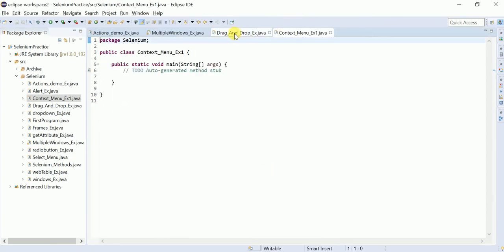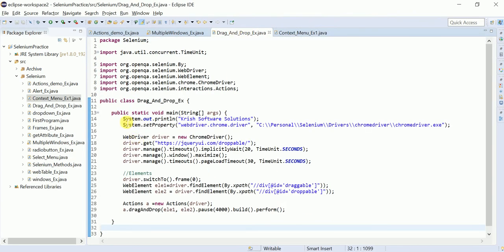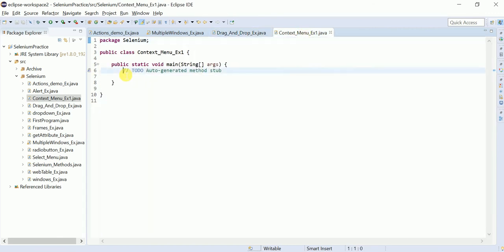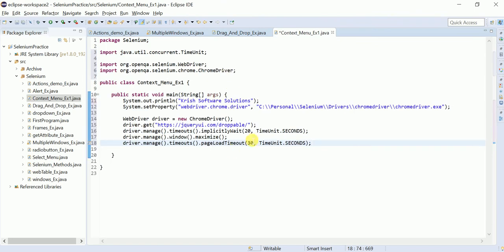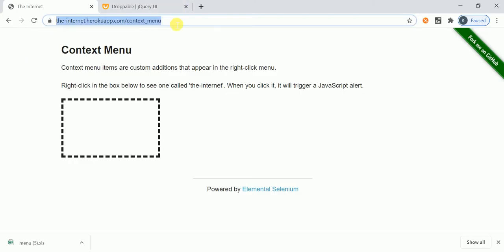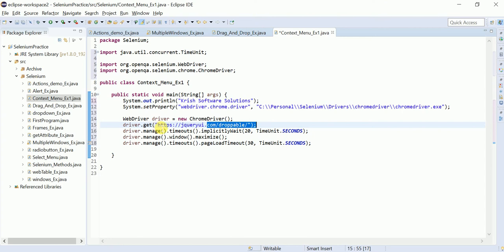In the drag and drop example, I'm copying these statements. First printing, and we are setting the Chrome driver path here, and this is the URL. Now we need to change the URL to the context menu URL. Okay, I changed it to the context menu.